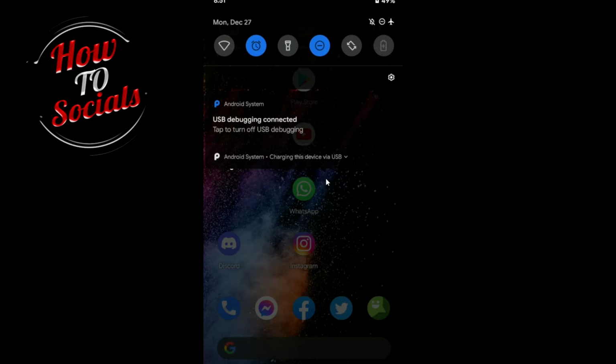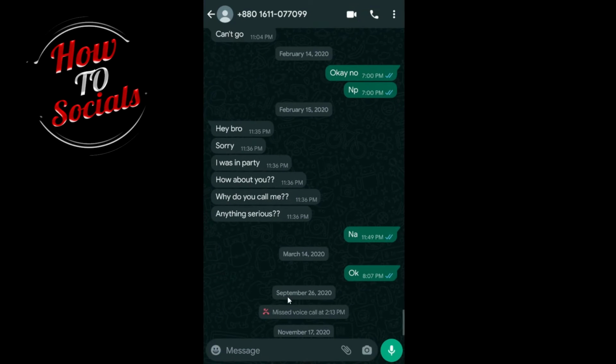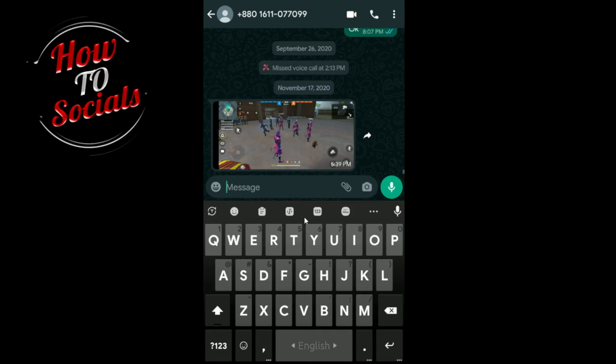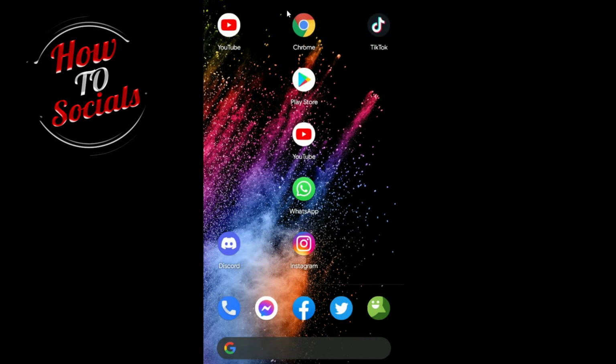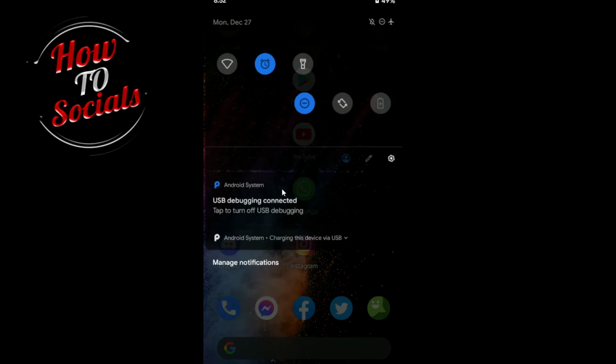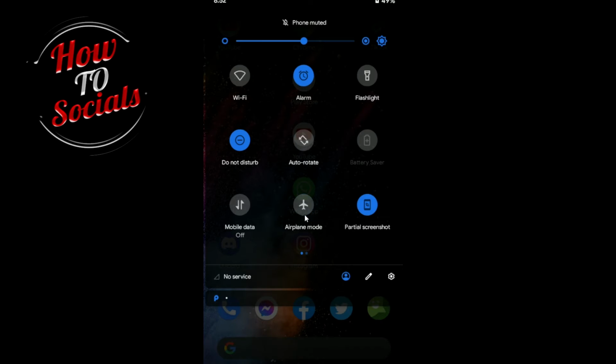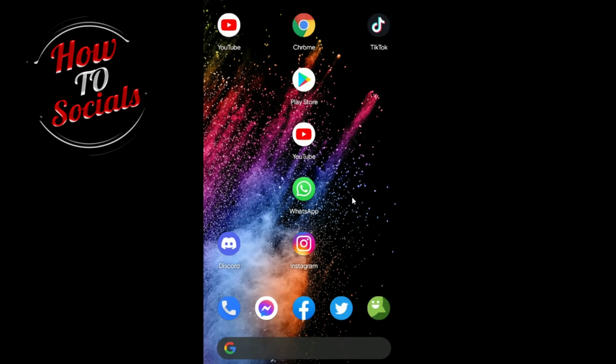Then go to your WhatsApp and send a message like, hey. Then go back to the home screen and turn off airplane mode. So that's how you can send messages to someone without showing you online, and it won't affect your last seen